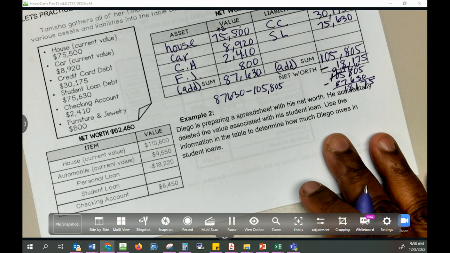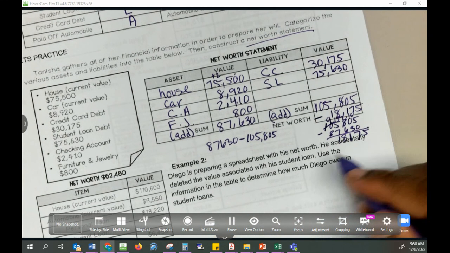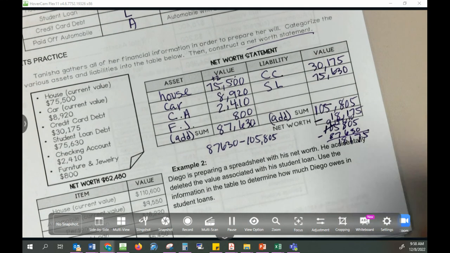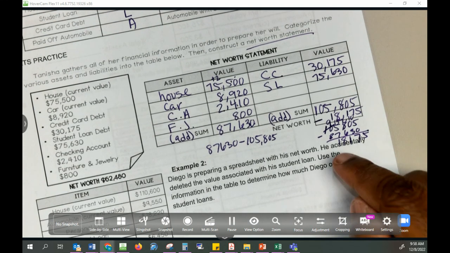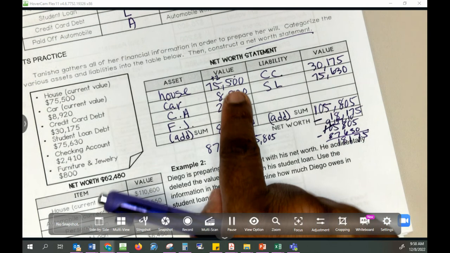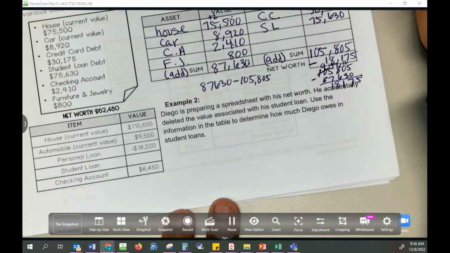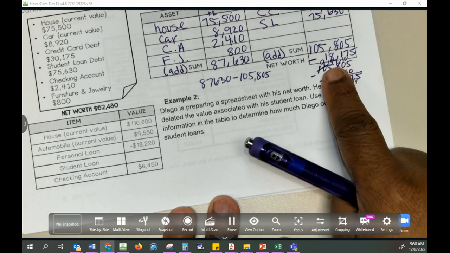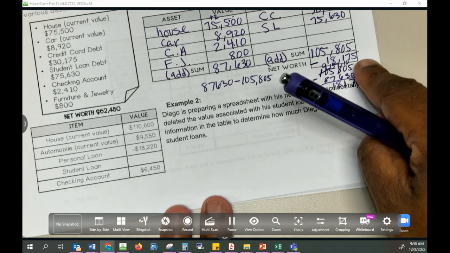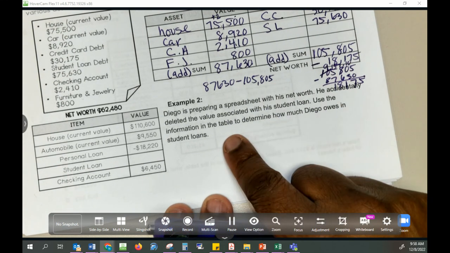Now, if you notice, all I did was take my time and subtract. Take your time and subtract. When you rush, that's when you mess up. I still subtract this very same way. I'm not doing it for camera. I'm doing it for exactly. This is what I do. When I'm adding, I just add them up. When I'm subtracting, I just subtract them. Take your time and you won't go wrong. But that's the value. So she really doesn't have nothing to leave people but debt because she has a negative net worth. Let's go to the next one.